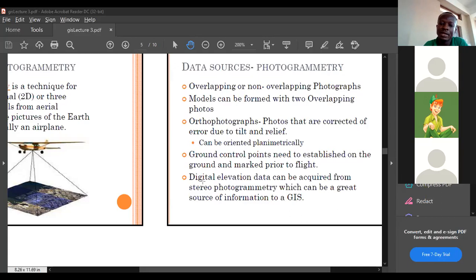So it's a very nice product to have, for planning purposes and all that, because you see what is on the ground and at the same time you can measure. Normally pictures, you can't measure from them, but photogrammetry makes it possible. Normally we take what we call vertical photographs. So yeah, I'm just giving you a summary of what it entails. We make use of ground controls. It's something that surveyors use, they plant a pillar on the ground and call it a control. Horizontal and vertical controls are used. And then that is it. At the end of photogrammetry,